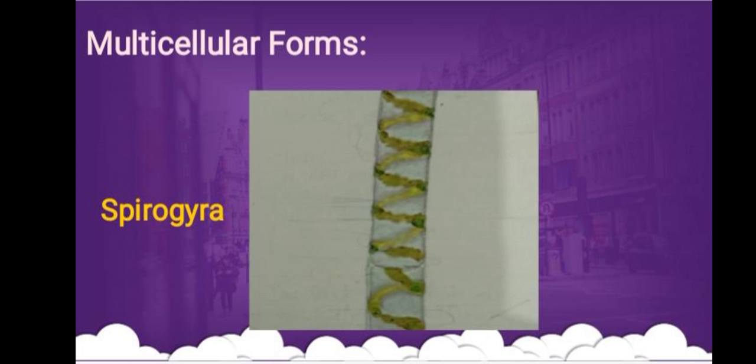Multicellular forms. A common example is Spirogyra, which is a green alga made of a large number of cylindrical cells, which join together in a chain to form a filament. Spirogyra filaments clump together in masses and float freely over ponds or stagnant water. Its filament is covered by a slimy substance. The chloroplasts are ribbon-shaped and arranged in a spiral band. The nucleus lies suspended in the cell, held by two delicate threads.